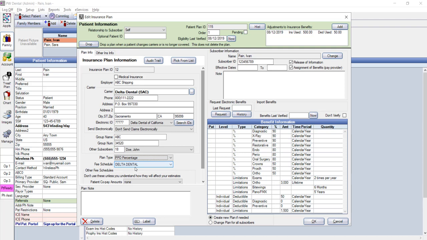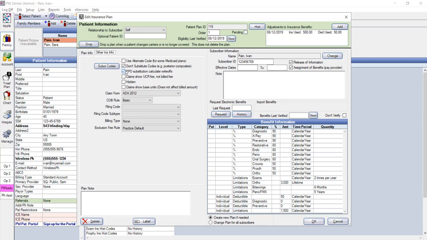If you're going to use this feature, you'll want to click on this Other Benefits tab at the top of your carrier information and select PPO Substitution, Calculate Write-Offs. While we're on this tab, PracticeWeb is set up to automatically downgrade composites. If your plan covers posterior composites,